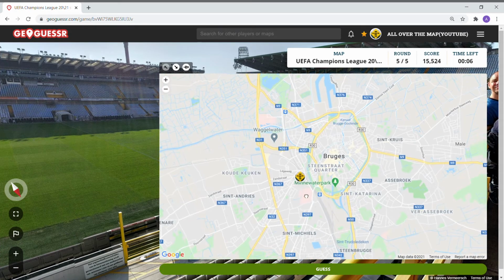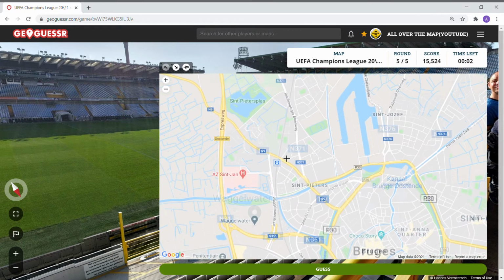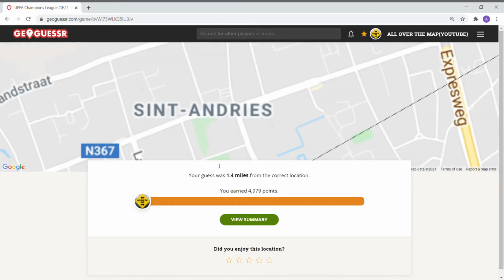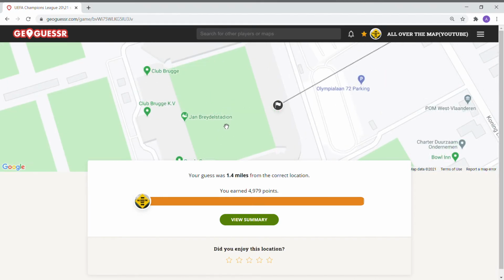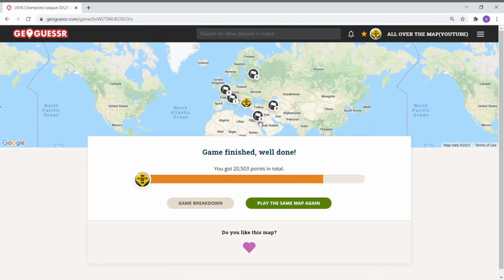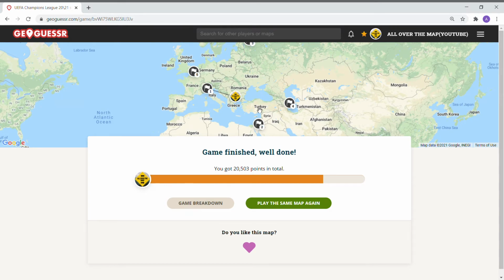And where were we up here? That's right, out here. At the Untitled Stadion, Club Bruges. Okay, so we finished at 20,503 at that one. We got some similar ones. Do we do this again? Maybe we go for another one, see if we can get all of